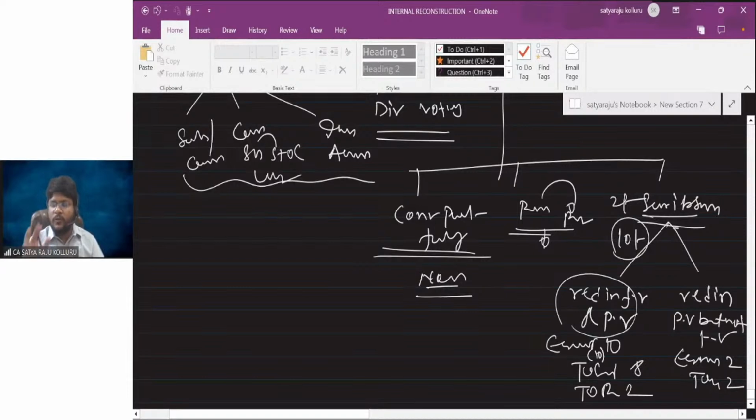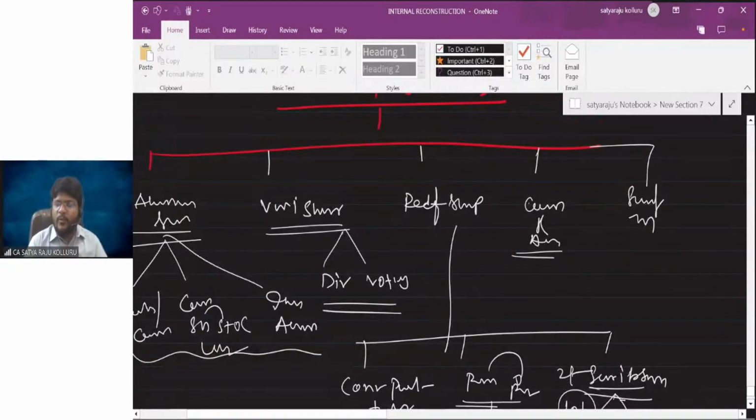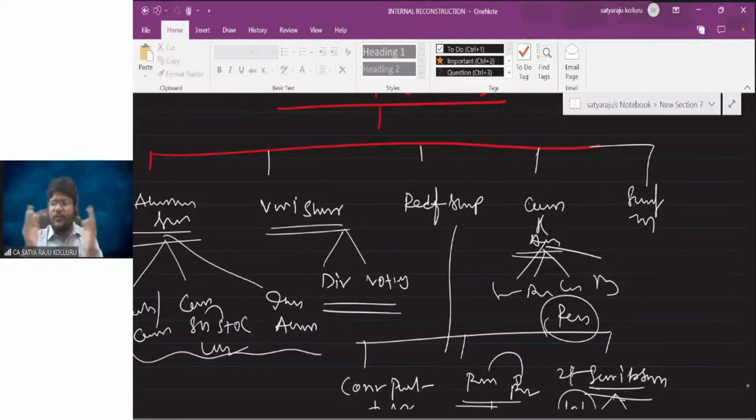Till now, whatever problems we did in internal reconstruction, the same thing is followed for the entire chapter. Next, regarding compromise and arrangement, various compounding activities occur with the debenture holders, or the creditors, or the bank loan holders, or with the shareholders. To the extent of the amount sacrificed by that particular party, we need to transfer to the reconstruction account. The remaining, as usual, as per the settlement, you need to pass the entry.